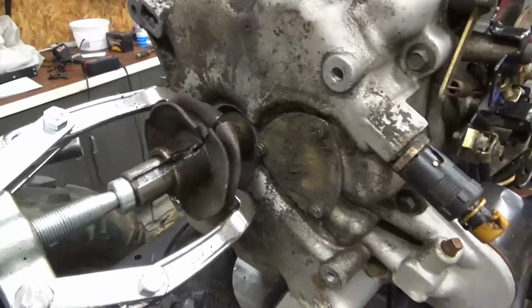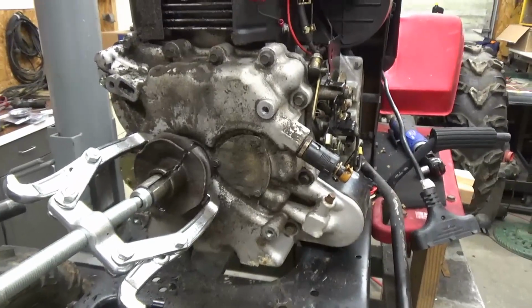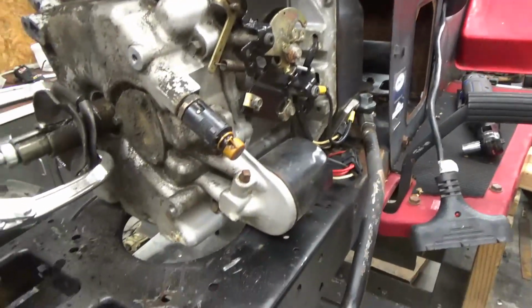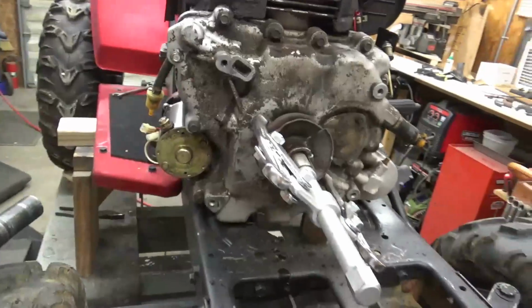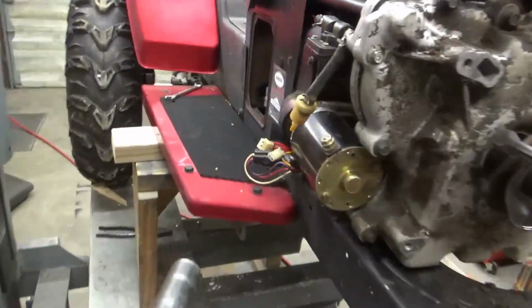The reason why I want to use this motor is because I've heard this motor running. It's got a new carburetor on it. It all works good. And the wiring harness that I've got works with this motor, which that's not a huge deal, but I got this other motor over here,